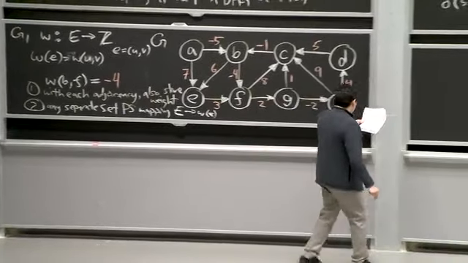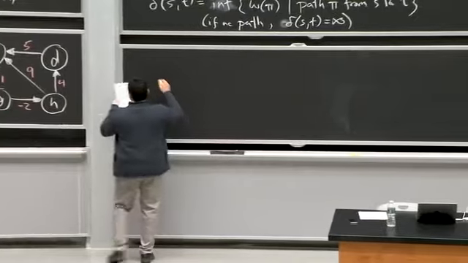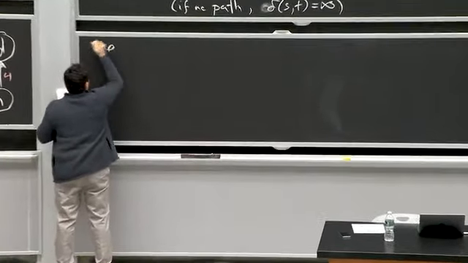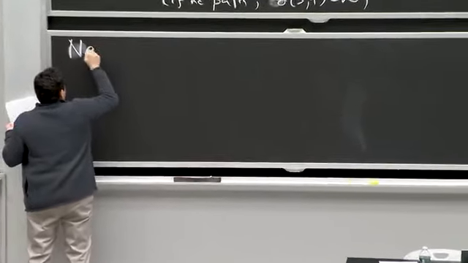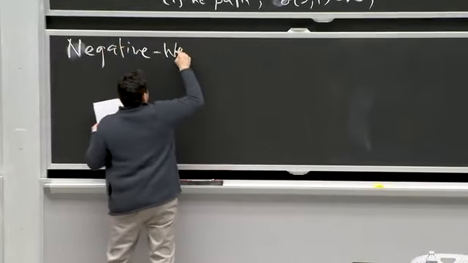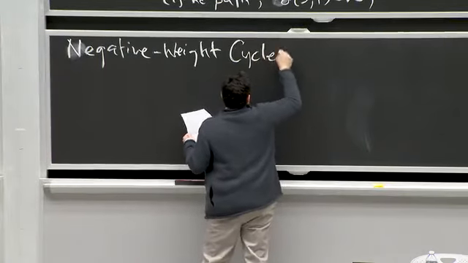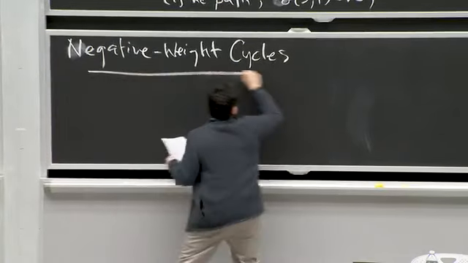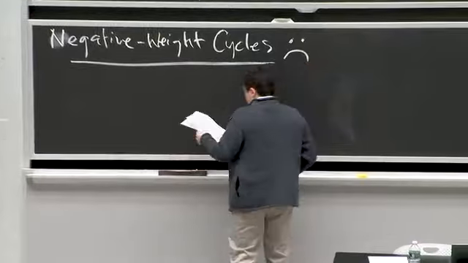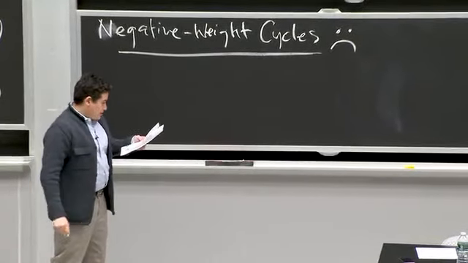So the problem here is that we could have negative weight cycles. Deserves a capital letter. Negative weight cycles. It's a problem. Okay? In particular,